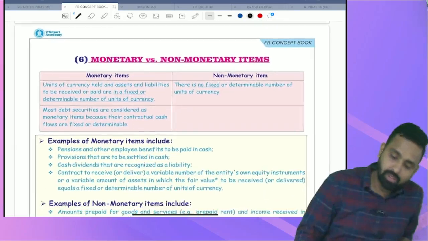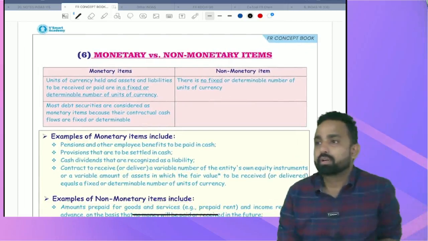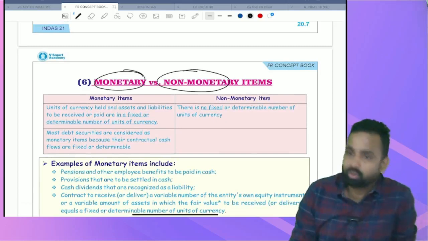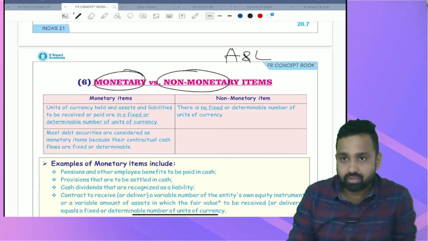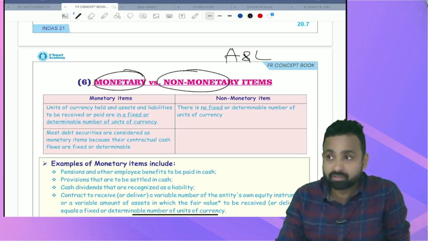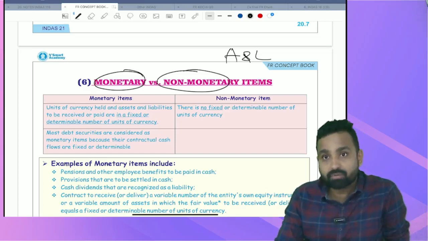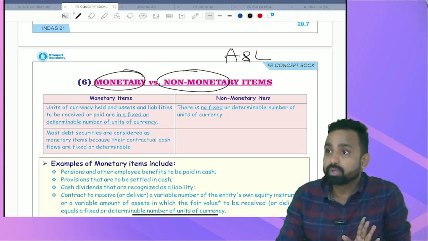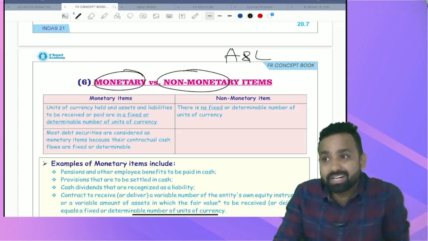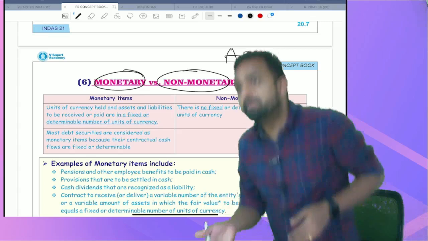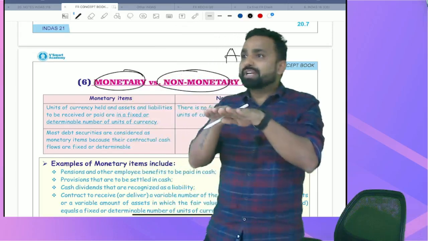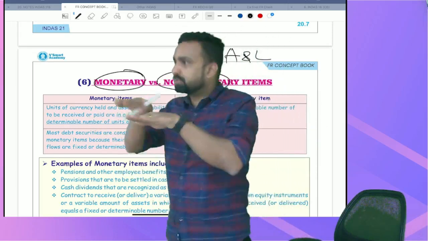Okay. All right. Monetary, non-monetary. Just listen now, please. Monetary or non-monetary could be asset and liability only. When we talk about monetary and non-monetary, please don't think about incomes and expenses. Under monetary, non-monetary, only asset and liability would come. No income and expense. Okay, fine. Now the next. What is monetary? Any asset or any liability whose currency value is fixed, whose currency value is fixed under a contract, or at any time whose value is fixed.